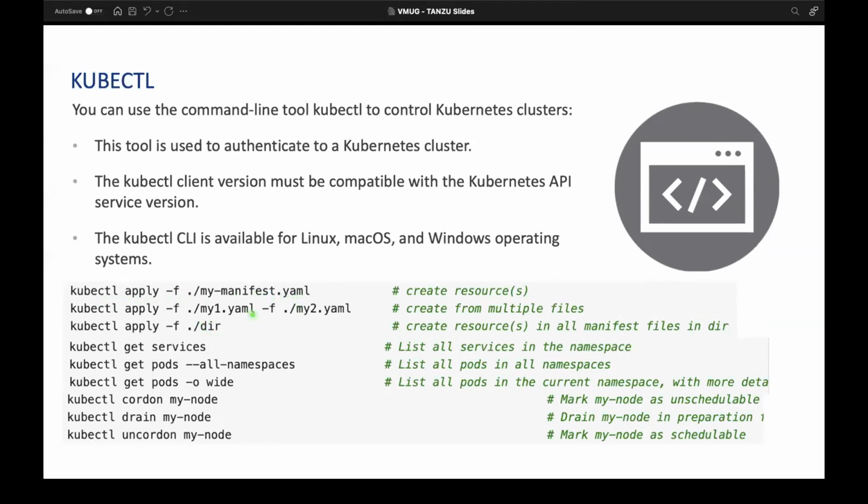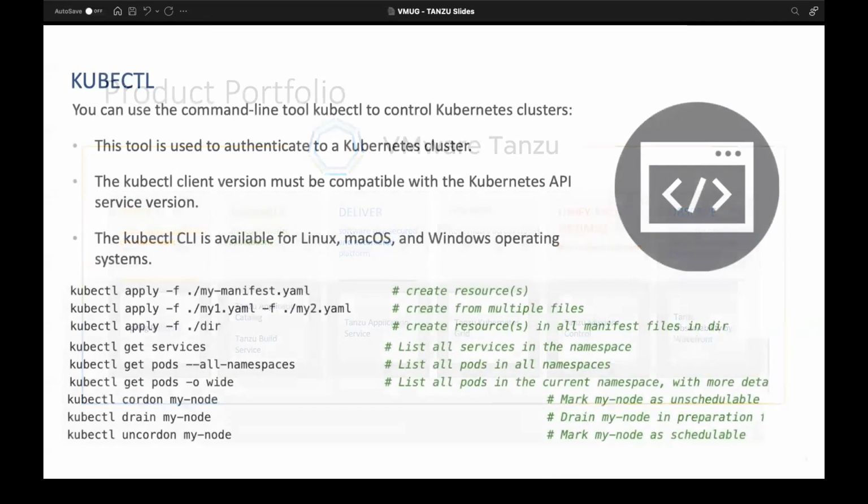You can use multiple files at a time to deploy multiple units, and you can use a whole directory as well. Then there are a few other commands, like cordon, to put a node in a maintenance kind of mode. If you want to evacuate all the pods from a node, you can use the drain command, and uncordon similarly. These are just a few examples I wanted to show.